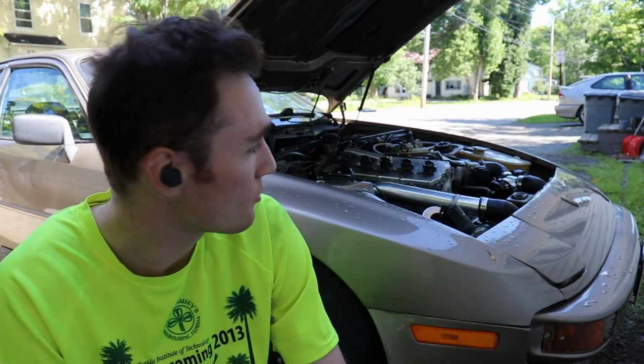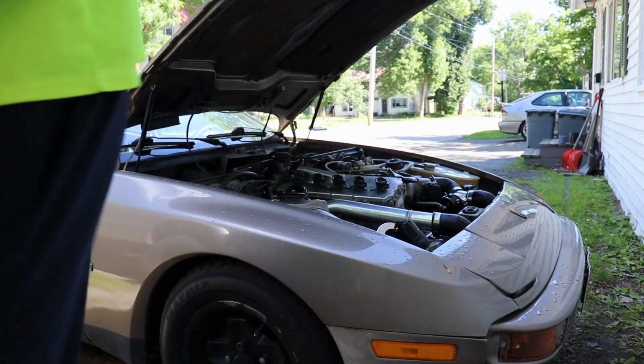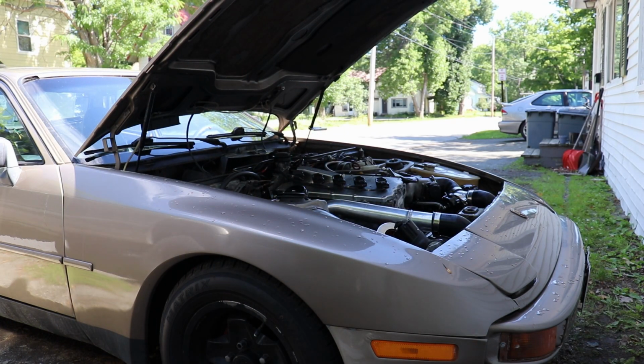Alright, so we've successfully rerouted our catch can vent hose to the compressor inlet. Alright, let's start it. See how it sounds. Probably going to sound about the same, but